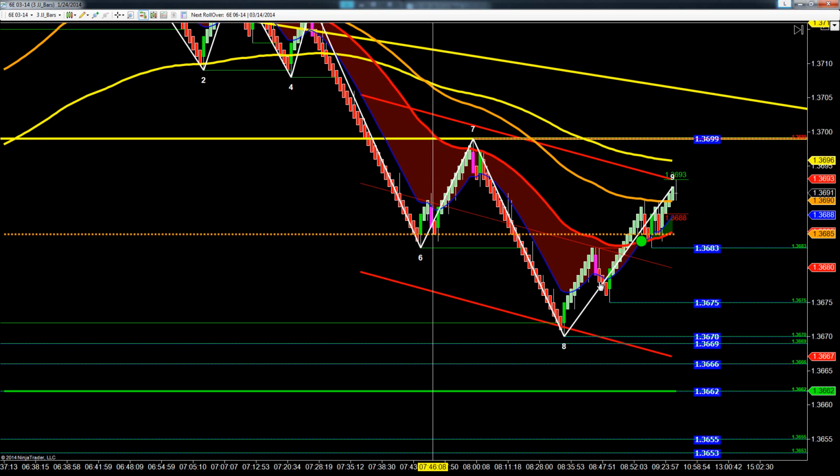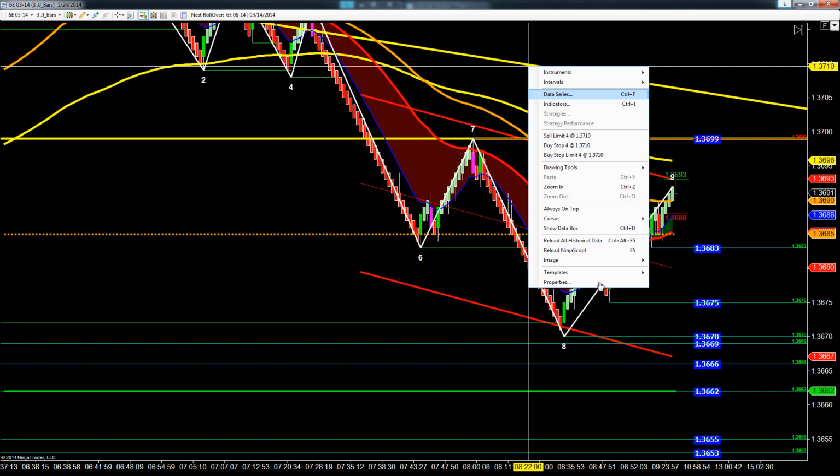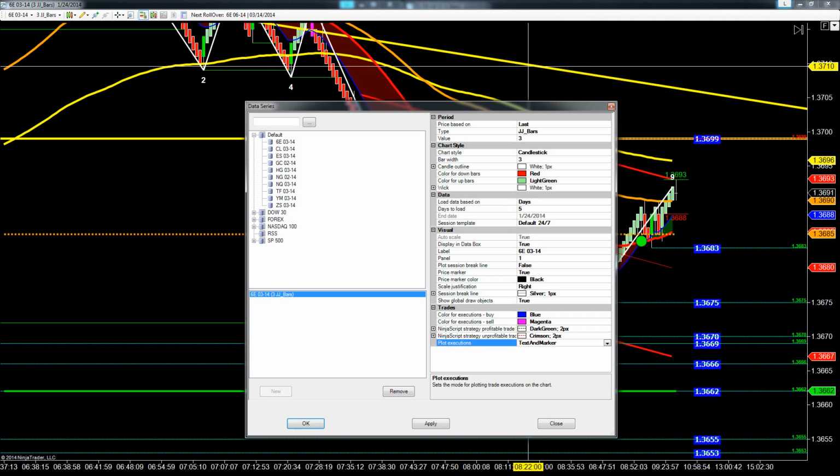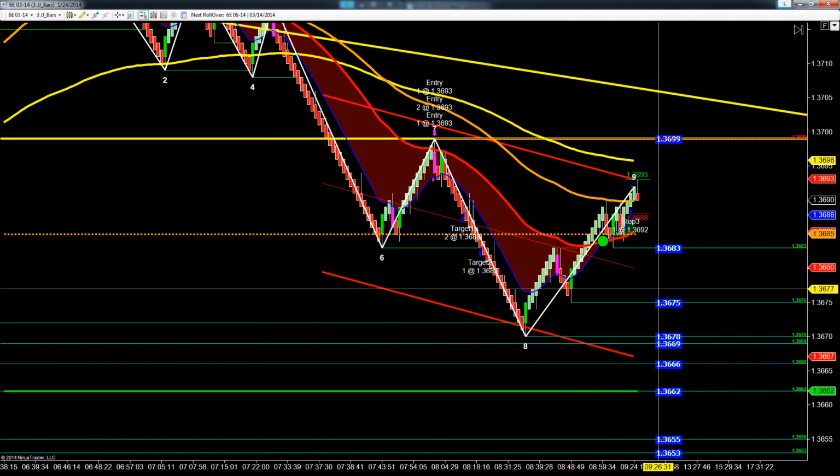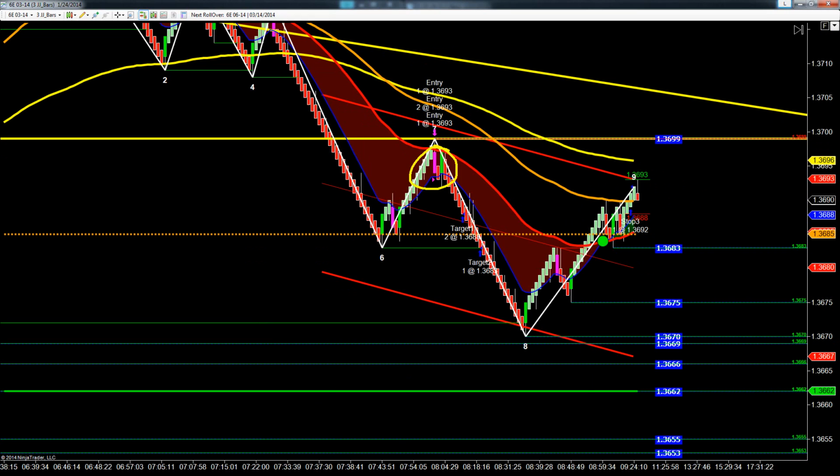Actually, let me get my trades on here really quick. We'll go to data series and just plot those on there. So you can see we entered in here, took a little bit of heat for a little bit, but then as soon as we started coming down, filled the first at +5 on 2 contracts, so 10 ticks total, plus another 10 ticks, and then we were stopped out right back at break even for the rest of it. Actually, we got 1 tick off of that. So overall, we had 10, 20, +1. So 21 ticks overall,